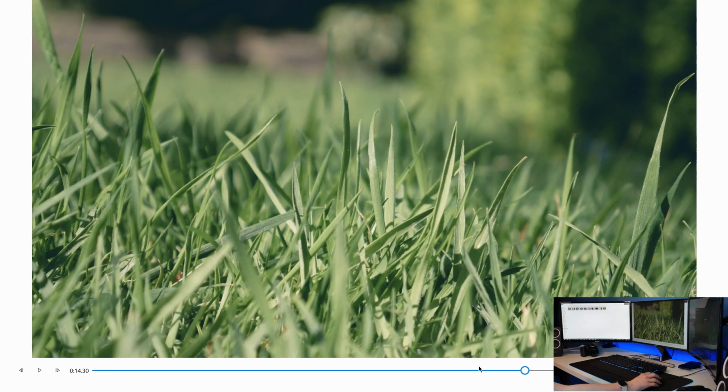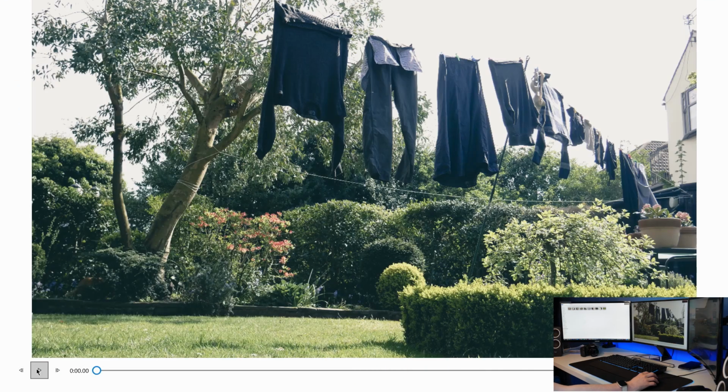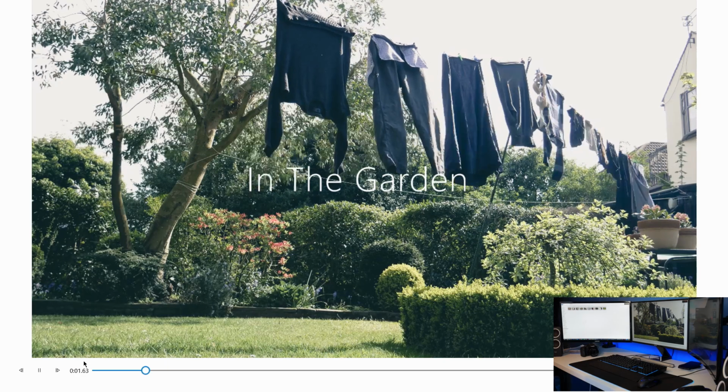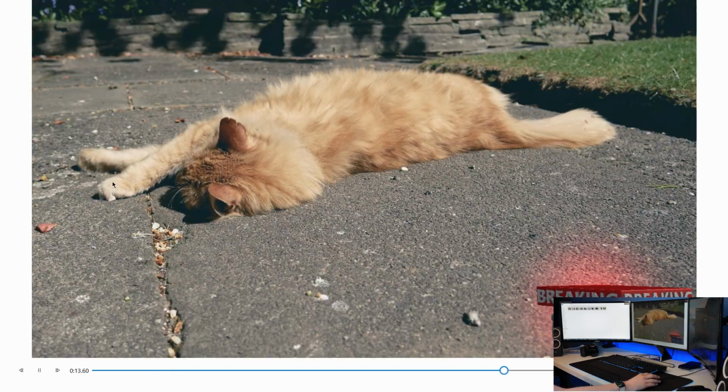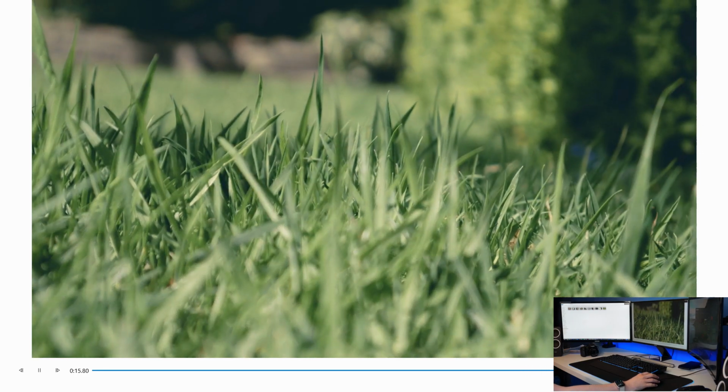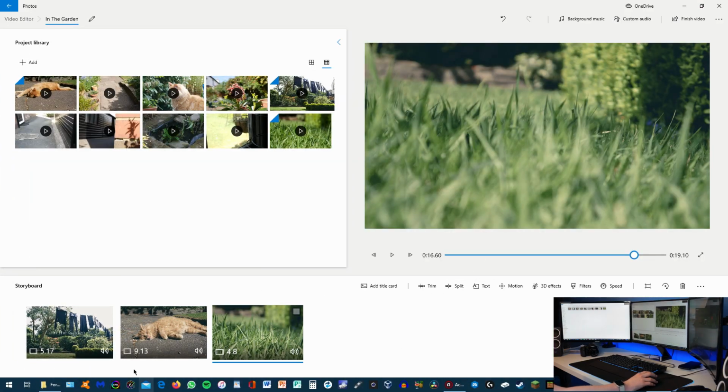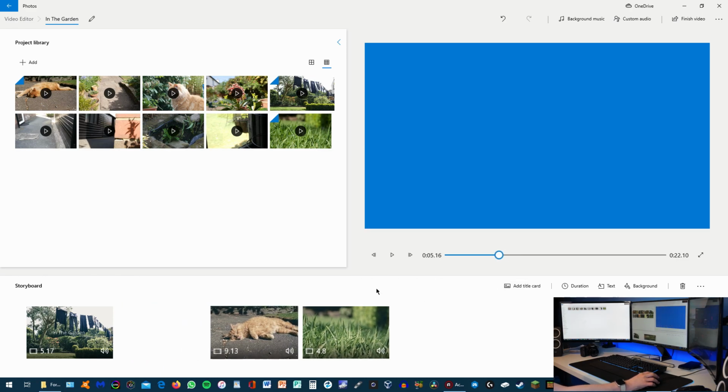Let's go full screen and preview this. Bring it back to the beginning. Let's just take a look. So yeah, I like that effect. It makes it look quite nice, yeah. I like that. That will do quite nicely, but I think for this one of the cat, I'm going to,